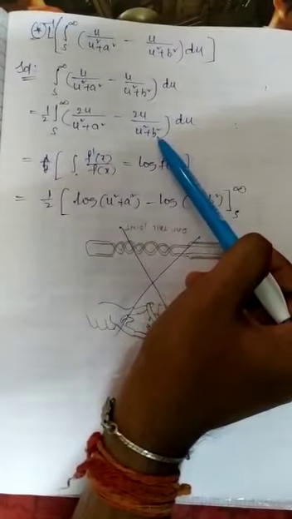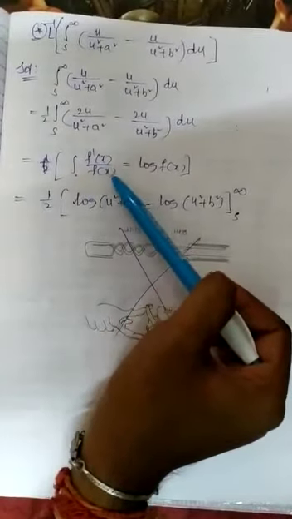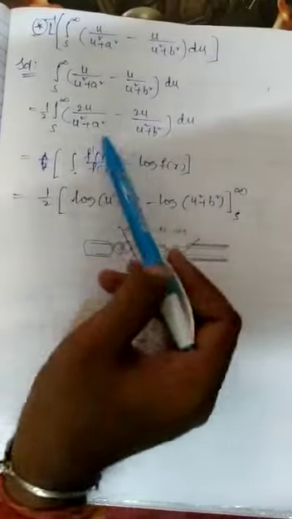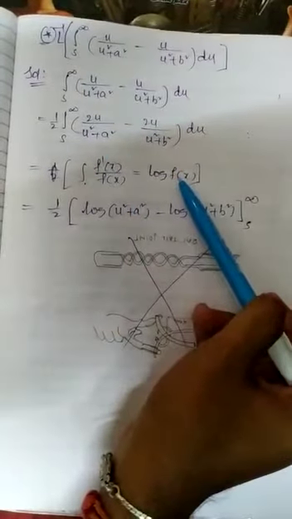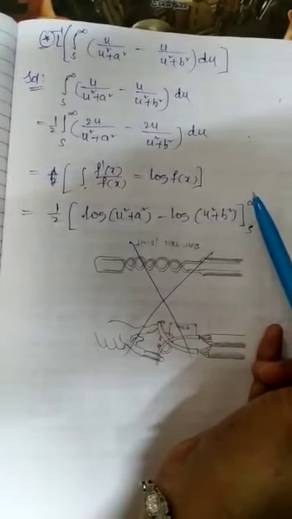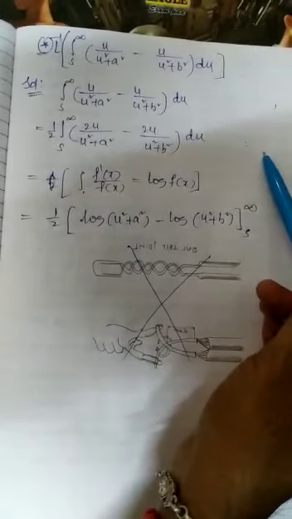Why are we multiplying and dividing with 2? Because to get into this form, that is, the integration of f dash of x by f of x, dx, is what? Log f of x. Okay, so here the numerator is f dash of x and the denominator is f of x. So the integration of f dash of x by f of x is log f of x. That means log of (u square plus a square) minus log of (u square plus b square), with limits s to infinity. Then use log m minus log n, then apply the formula. Then similar to the previous problem, solve this problem. Okay, so with this, the inverse Laplace transforms of the integral topic is completed.